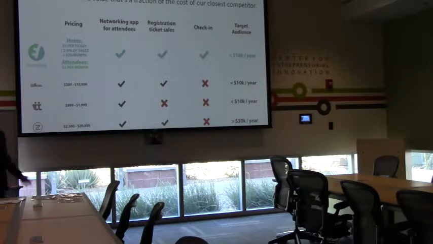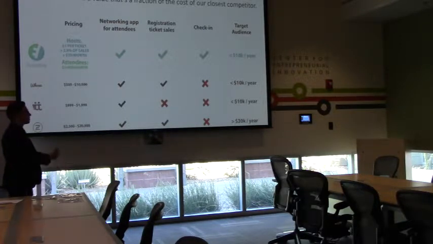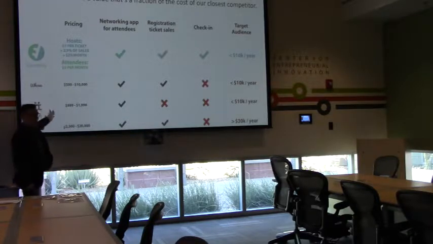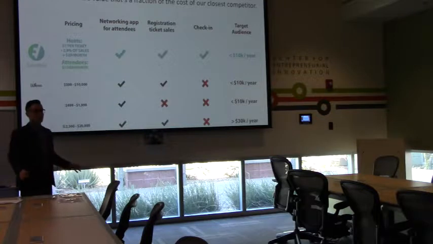This is what our competition looks like. At the end of the day, our competitive edge is from what our users told us: Rafael, you're doing it right with EventKey because it's so simple to use and it's just a fraction of the cost of what the other competitors charge. The competitor that charges the least is Huba at $500 an event, and we charge $29 a month for the host to use it.